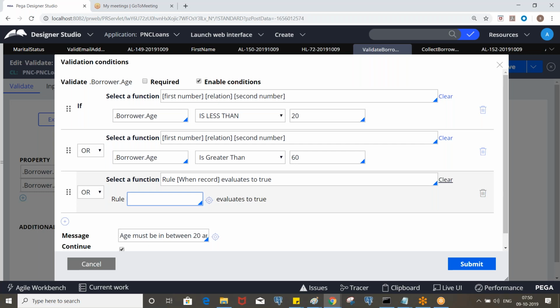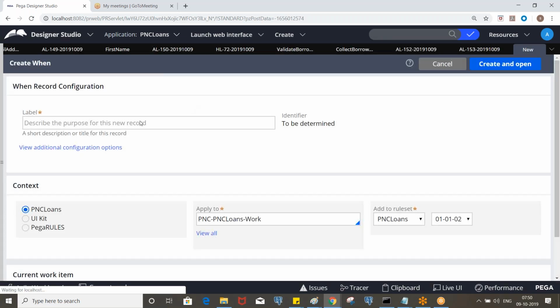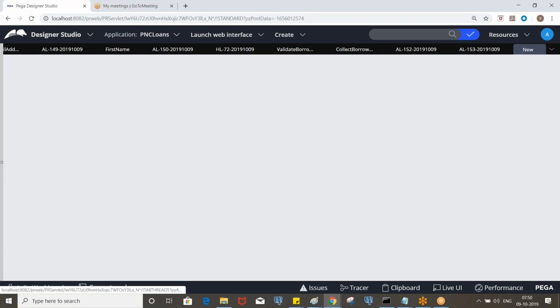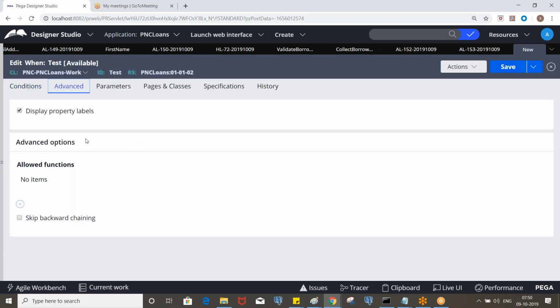So when we go for that is, let's say you already have a when rule and you can directly invoke it here for validation, or if you want to put more conditions, let's say 4 to 5, and sometimes it is A and B, or like, let me open this. So it's like validating multiple conditions.